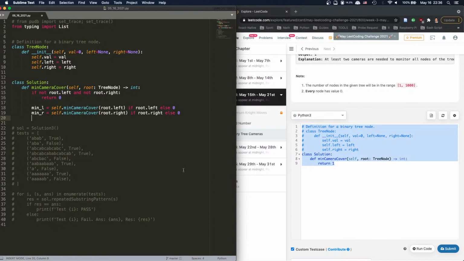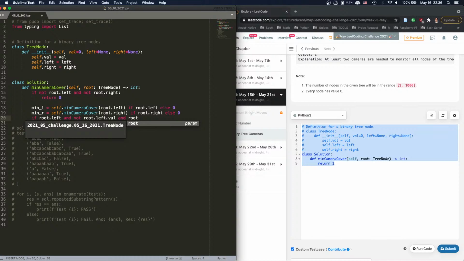So the only chance that I am going to be changing is if root.left and root.left.val, or right,